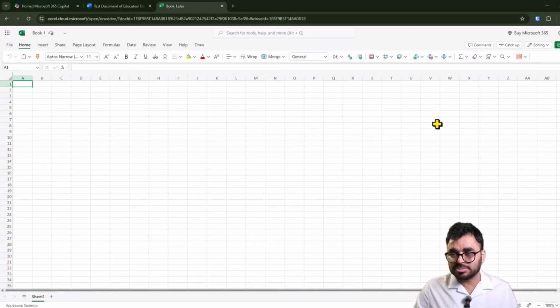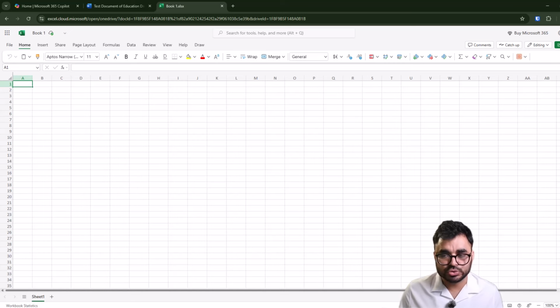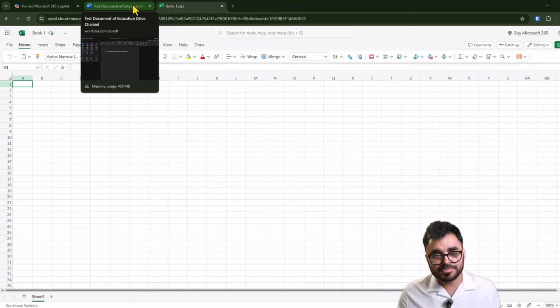And you can follow the same process to share this document with your colleagues, anybody that you would want to collaborate with on this document. This is the Word and Excel version of the Office 365. Next, I will show you